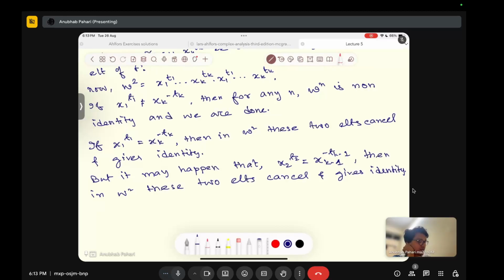And not just yet, and gives w as the form x1 to the power t1, x2 to the power t2, dot dot dot, x2 to the power minus t2, and x1 to the power minus t1. Then continuing like this,